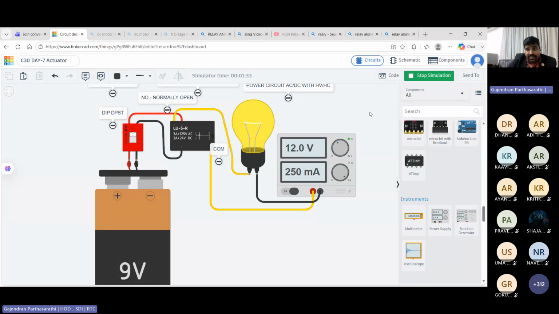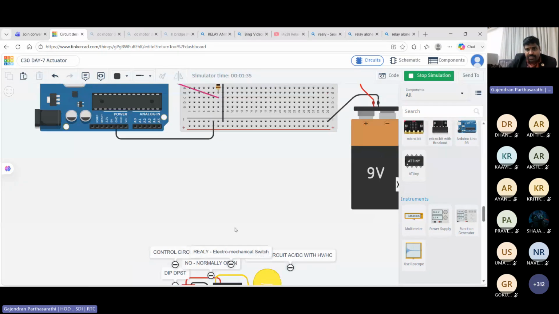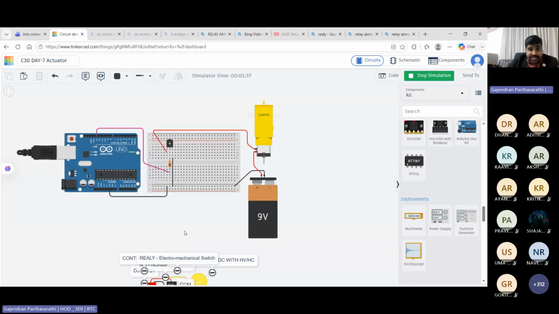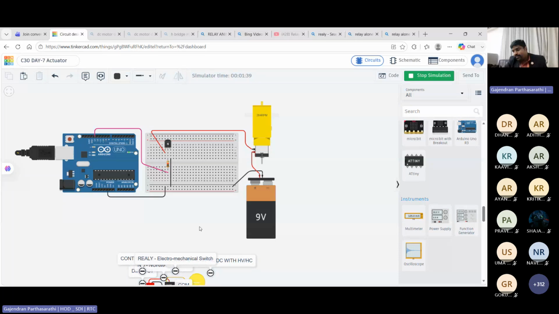Consider this circuit diagram. Now please observe my words alone. Consider this circuit diagram. What circuit diagram am I showing you? What I have shown, engineers? DC motor on off control, no? What you people need to do